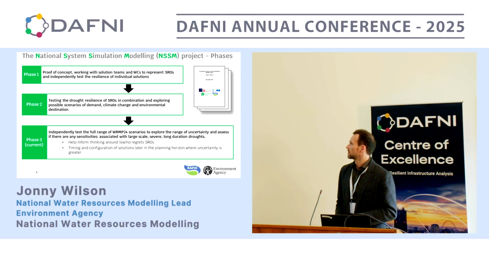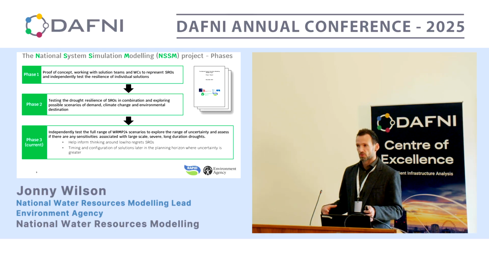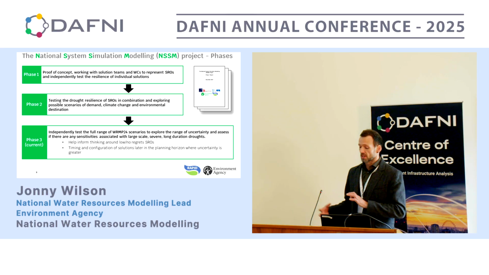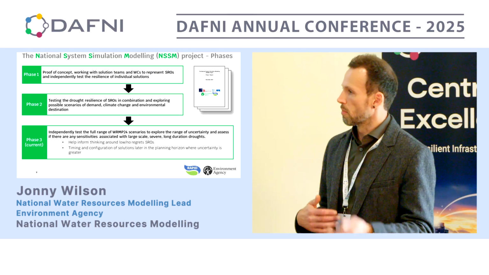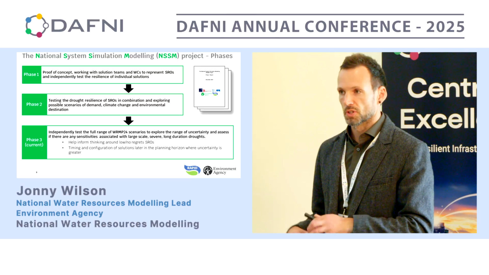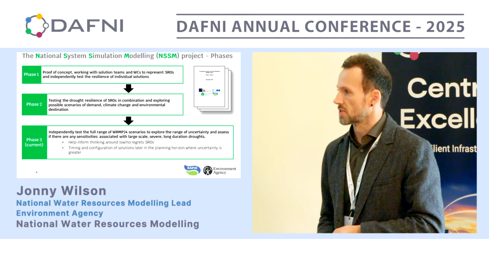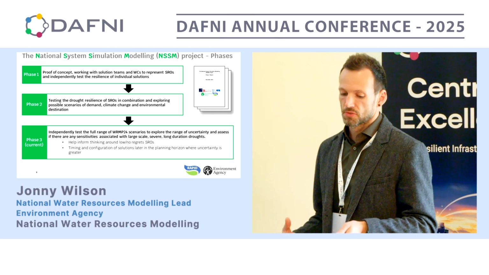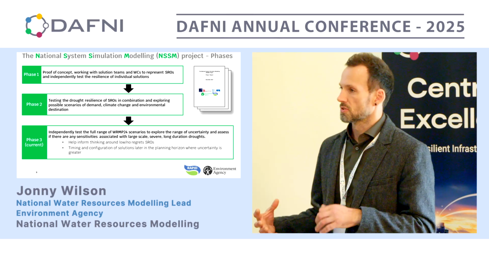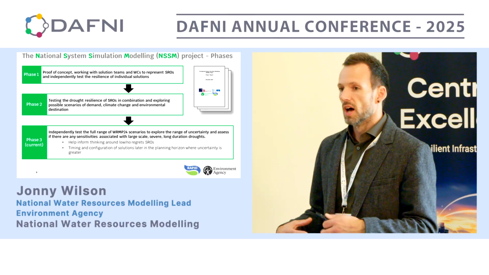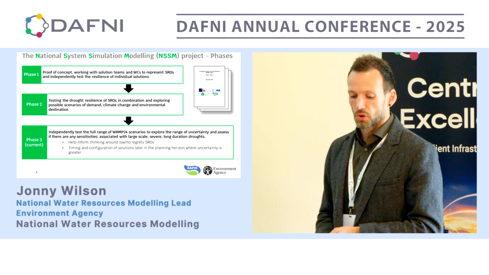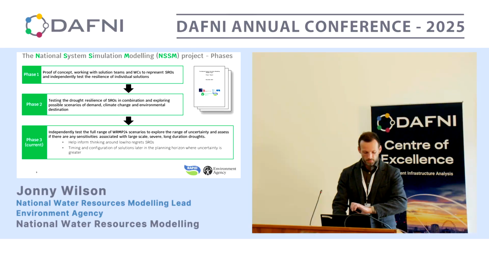So there's been three phases of the modelling. We had phase one, which is initial proof of concept. That was really just putting the SROs into the model, which was originally this kind of more academic research-based tool. Phase two is a little bit more ambitious in terms of looking at combinations of strategic resource options and also exploring a full range of uncertainty of different scenarios. And phase three, which is the most recent phase, is actually really around kind of recreating the water company management plans and their scenarios in our model and testing them to make sure that we agree with them.